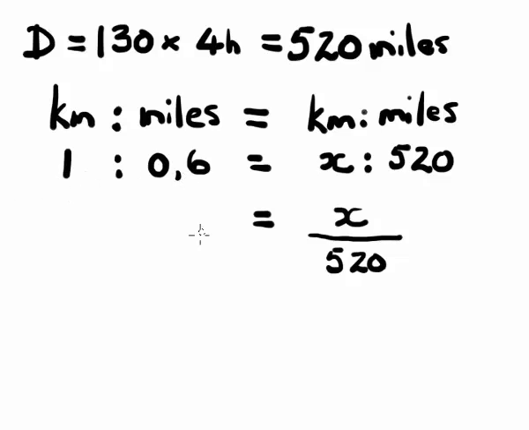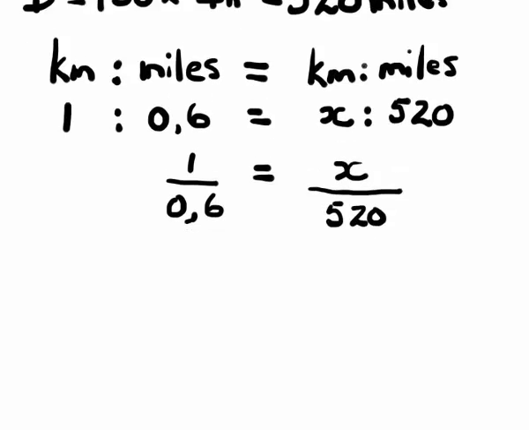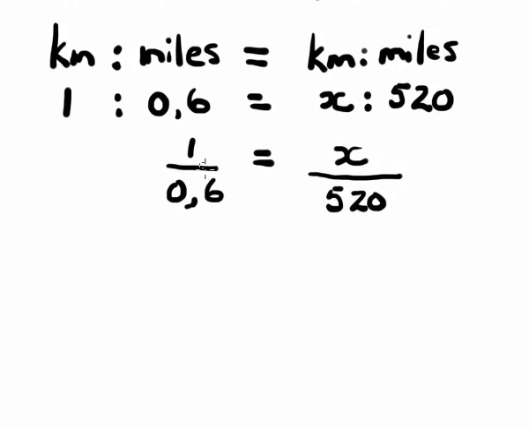So here we're going to go 1 divided by 0,6. Now we're going to use our little trick that says that if we've got one fraction on this side and one fraction on this side, we can cross multiply. So we're going to multiply those two by each other, multiply these two by each other, and then solve. So 0,6 times x is